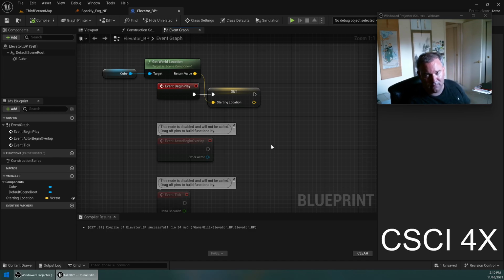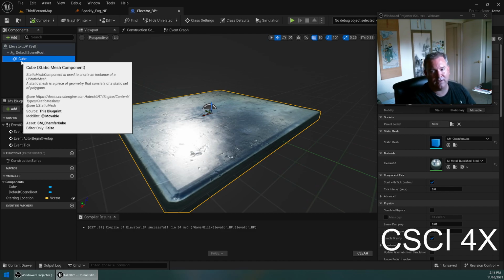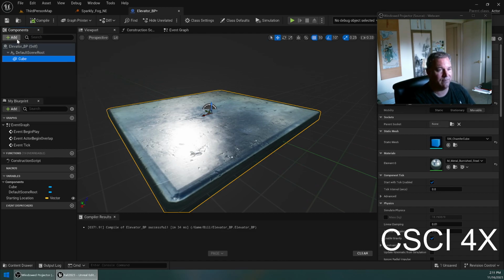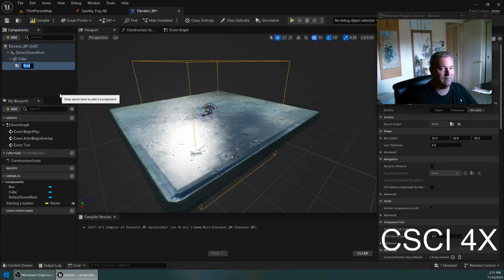And then what we're going to do is maybe make it so that when the player steps on the elevator, it'll go up. Maybe if we have time, we can make it so the user could use the elevator, or maybe we have a button that when you hit it, it turns the elevator on, something like that. But at the most basic level, let's just add a zone on top of this. We're going to add a zone on top of this that's going to be a child of the cube, so it's going to move with it. And this is going to be a box collision. And this will be the elevator like that. And we will move it